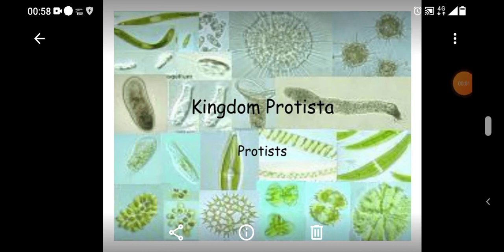Friends, in biological classification, you will learn about kingdom Monera. Likewise, one more important kingdom, that is the kingdom Protista. Also, you are going to learn